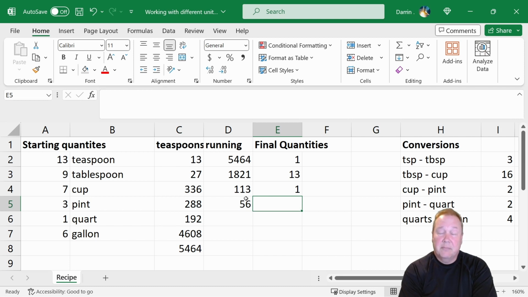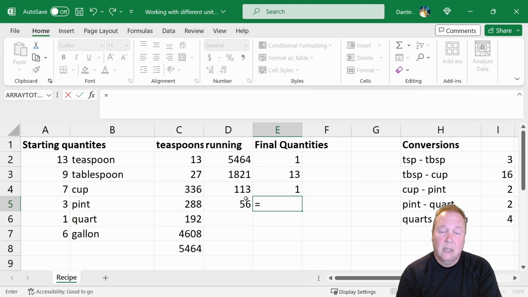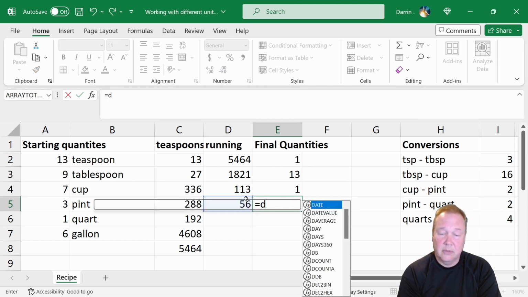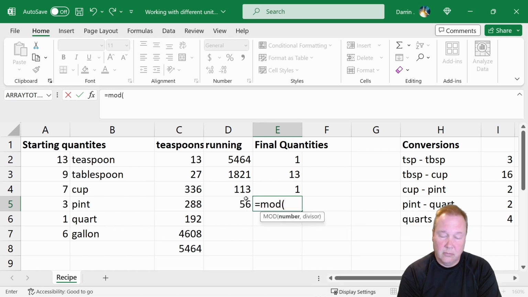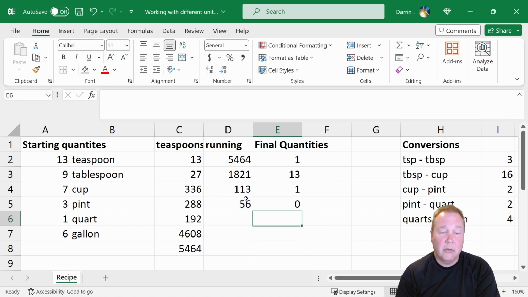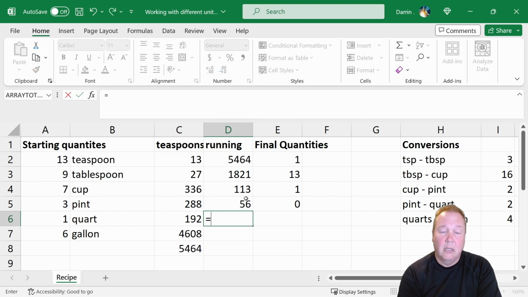Okay. 56 pints is still a lot of things to pour into there, so I'm going to take that down again. Equals D5, mod of D5, and pints to quarts is 2. Oh, no pints, not to put any pints in. Okay. And this is going to be, again, D5,